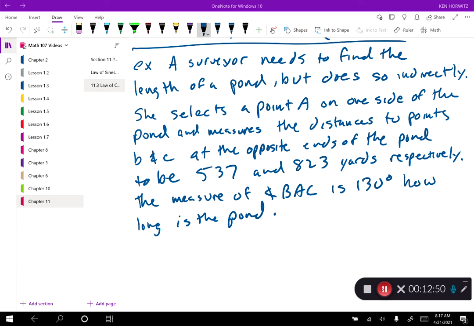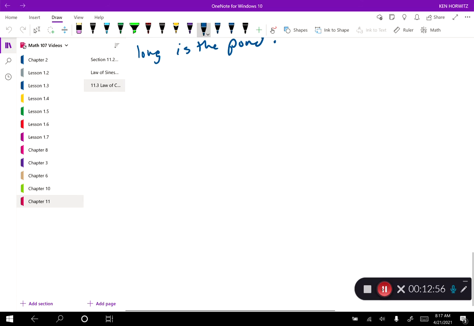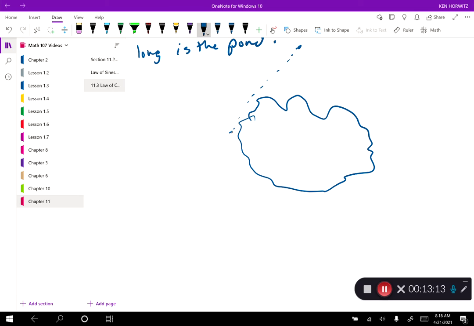Now, in order to get a good visual of this, the first thing I would do is draw a picture. So we need to make a pond. So here, I'll make a pond. Remember, your pond isn't necessarily a perfect circle, but if you made it a perfect circle, it wouldn't necessarily matter. And so here is your point, and we're going to opposite ends of the pond because basically we could get the width of the pond by creating a triangle. So this angle in here is 130 degrees,